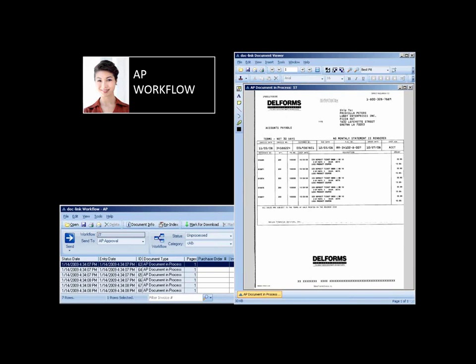So our workflow can be initiated in two ways. The first way is what we call the automated way. So as long as you can flow chart out your process, as long as you can define the task, who is supposed to perform the task, how long do you want to allow them to perform the task, do you have any business rules that we need to apply? And some examples of business rules are,